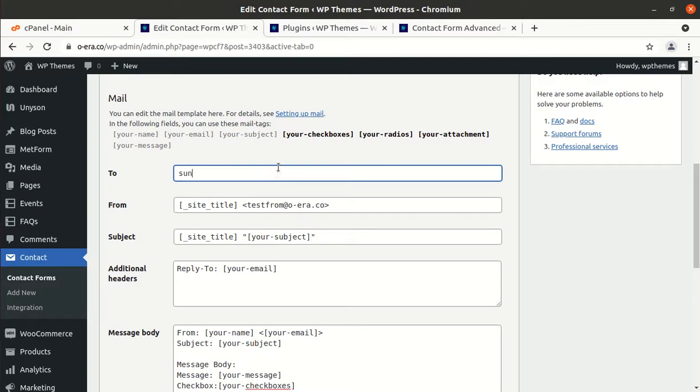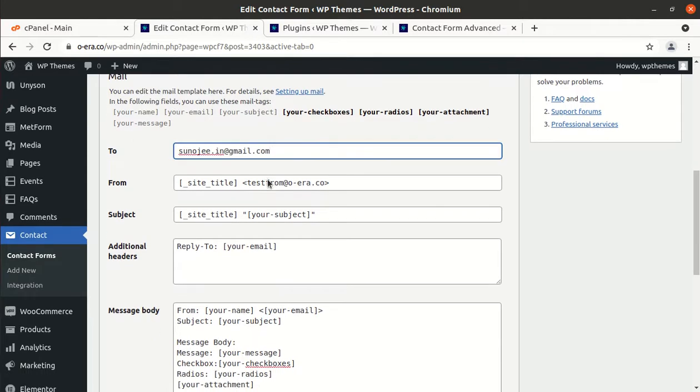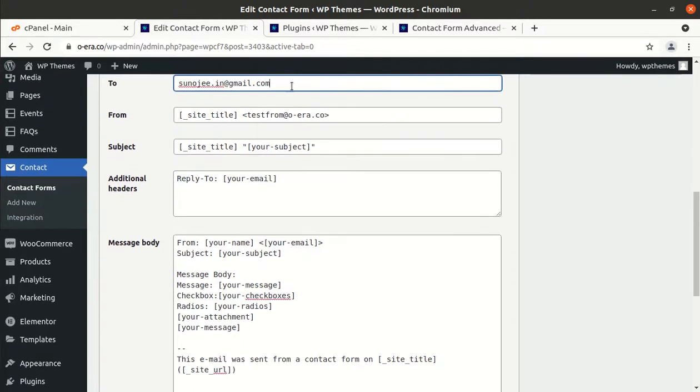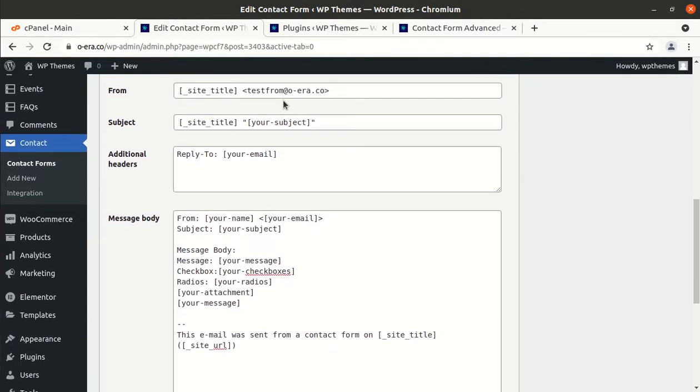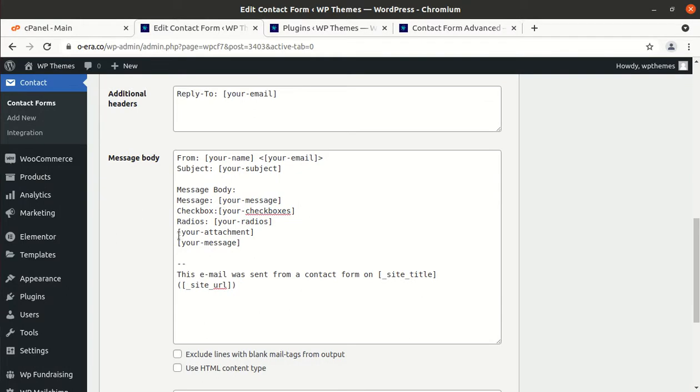So, please don't use this mail, it is just for demonstration purposes, and I'll show you how it works. And we have already used the message portion.